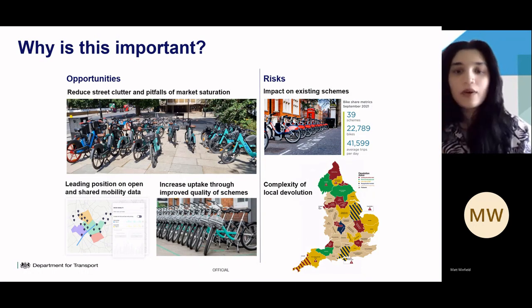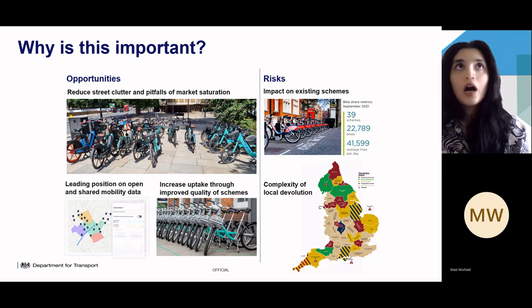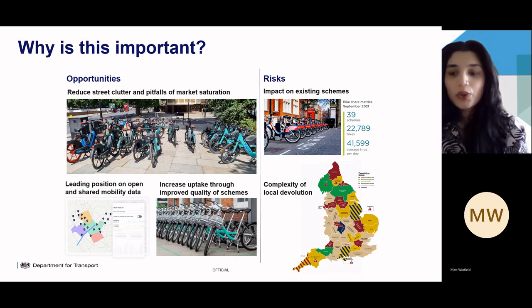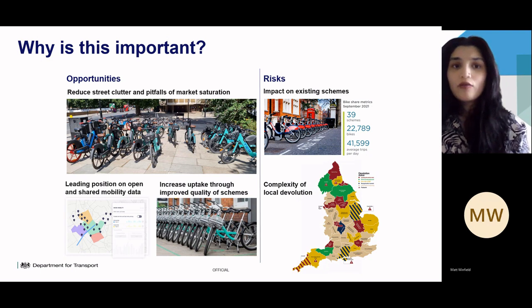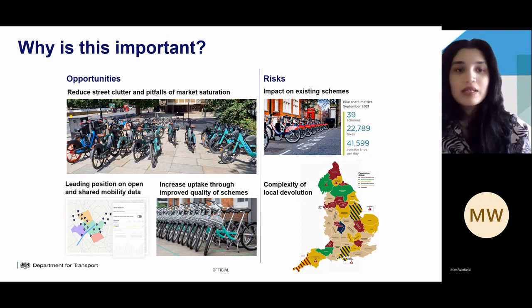So I think start off on a positive note. It's definitely important for us when we do our thinking to make sure that we are viewing the mode, viewing micromobility, from the lens of the opportunities of the mode. And really our role, as we see it at the minute, is just to strengthen the legal standing of these schemes so that they can be confidently factored into our transport networks. Currently, outside of the requirement that was stood up when we introduced the e-scooter trials, there is a lack of a legal requirement to seek permission to operate these schemes, and that's posed a risk. We have seen some examples where it's posed a risk to authorities of rogue operators,